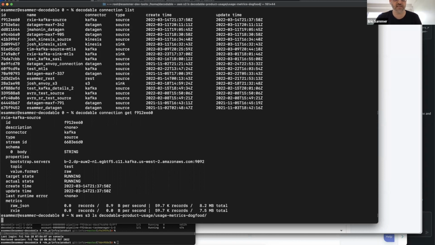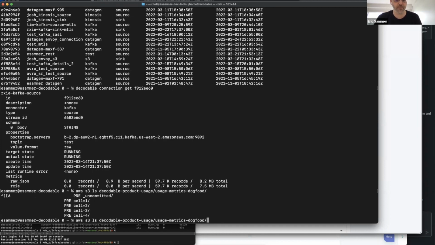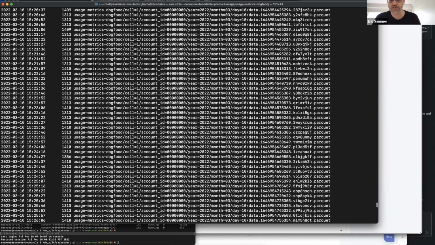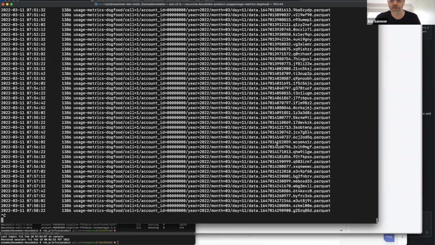If I list this, you can see that we have some uncommitted files. We have prefixes for different cells where the data is being laid out. And this is probably going to just spam my screen with file names, but you can see that we have just a ton of Parquet files